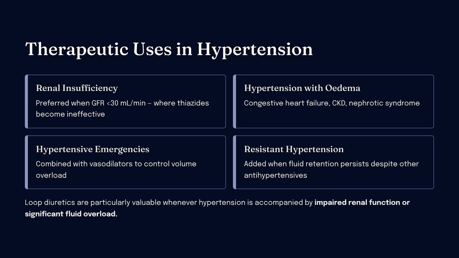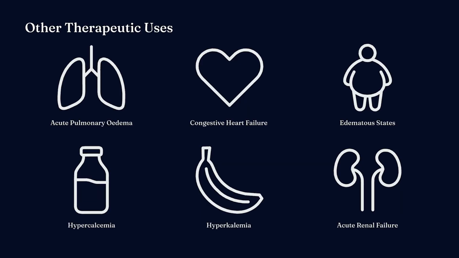The key point to remember is that loop diuretics are particularly valuable whenever hypertension is accompanied by impaired renal function or significant fluid overload. Other therapeutic uses. Besides hypertension, loop diuretics have several important therapeutic uses. One of the most critical is acute pulmonary edema, where intravenous furosemide rapidly relieves pulmonary congestion by removing excess fluid